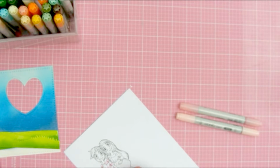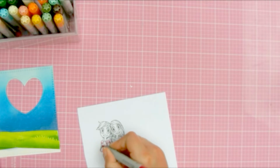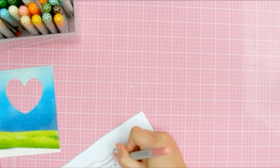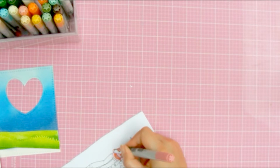Anyway, I'm going to color them. I'm not going to say which colors I use for my Copics to color them in, because I think that's not the essence of this movie. I really wanted to show you how I made this card and not go into every detail, because I sometimes think people follow these ideas too much, and I think it's more fun to be creative and to explain some techniques that I used, or how I did something, but not go so deeply into it, because